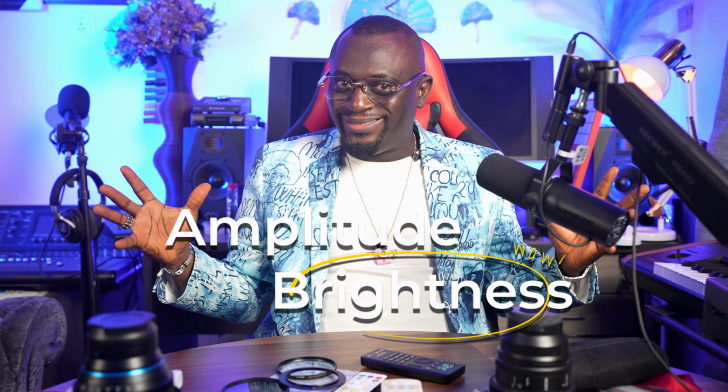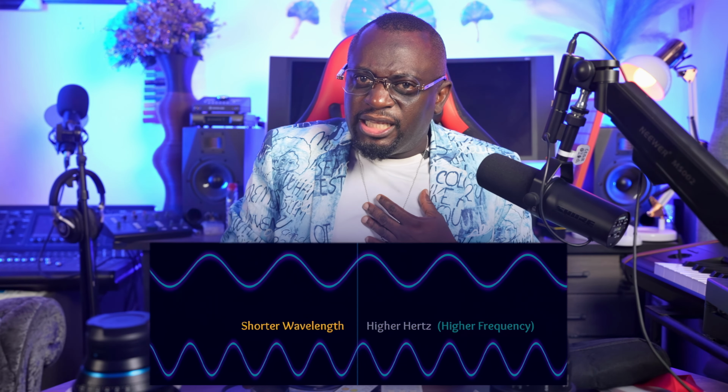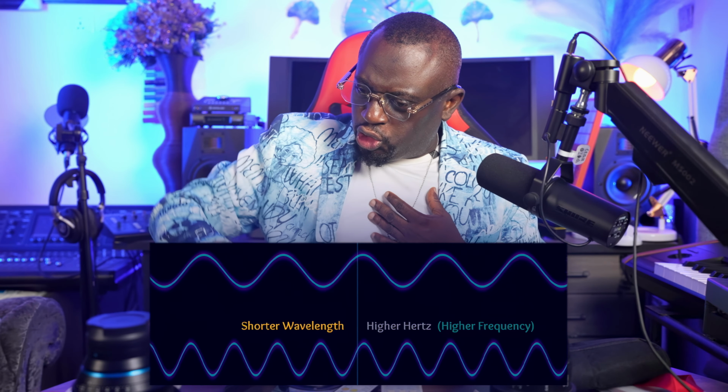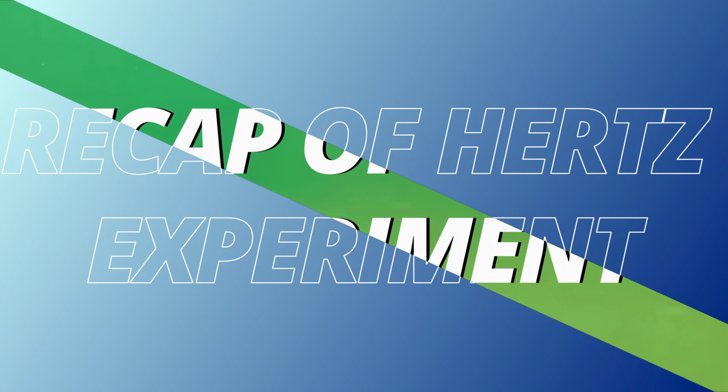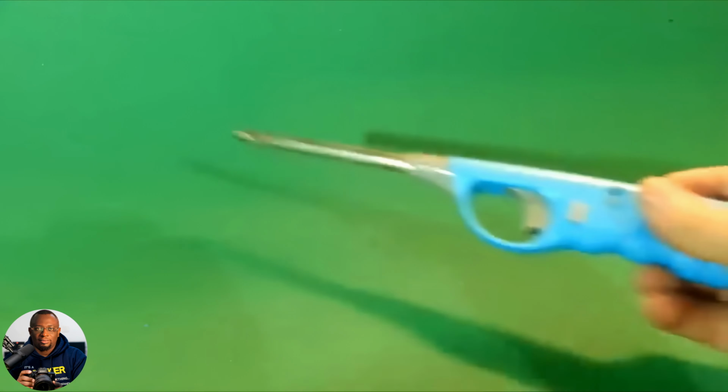To visualize this, you can use a rope. Wiggle it slowly, and you get long waves like red light. Wiggle it quickly, and you get short, rapid waves like blue light. From Hertz's spark to the glass in your camera lens, the wave nature of light is at the heart of every image you capture. This project requires a high voltage pulse in order to work, and we will obtain that